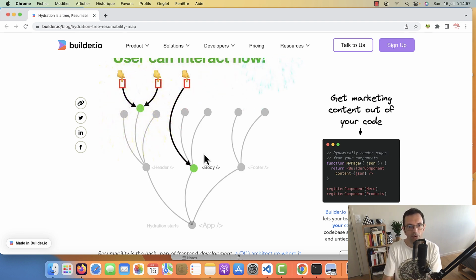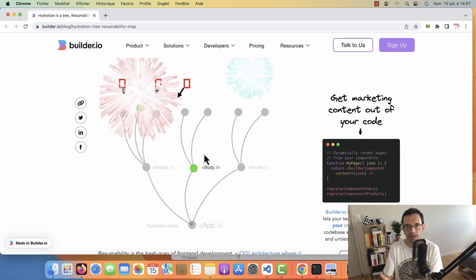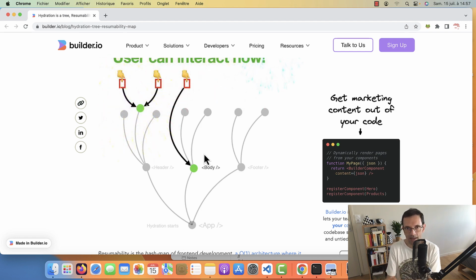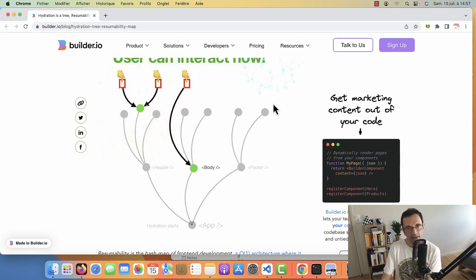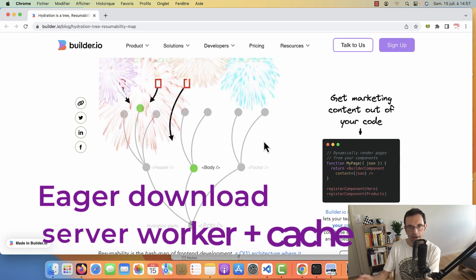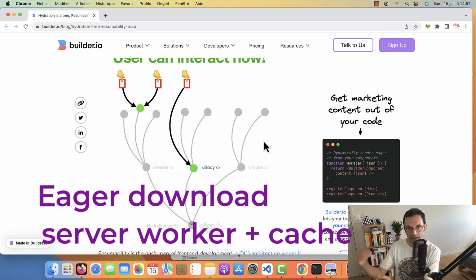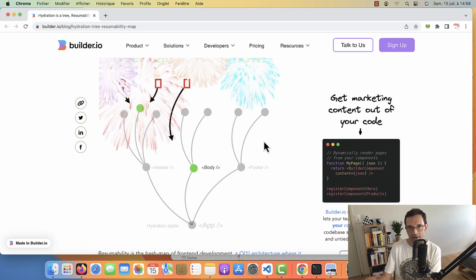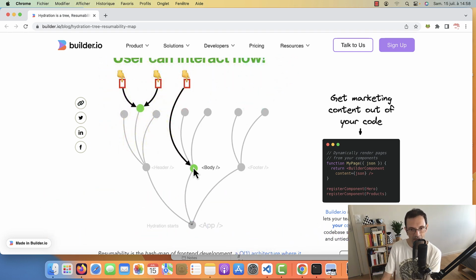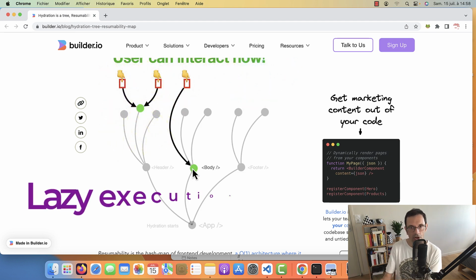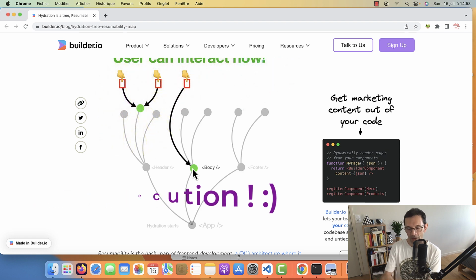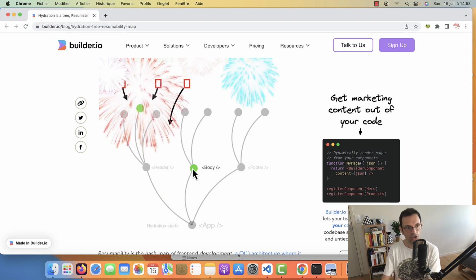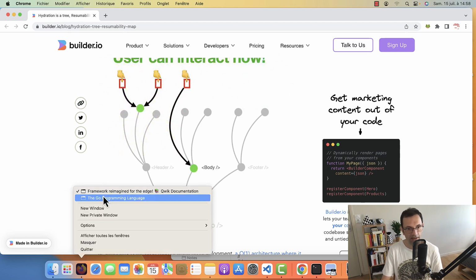If you had to download the JavaScript, then you could feel that something is wrong, that there is a small delay, and we can feel a 100 millisecond delay. But everything is downloaded with Qwik using the service worker, and it's cached, and then as soon as you decide to interact with a part of your app, what was cached will be executed. So with Qwik, we can talk about lazy execution. So you have eager loading, but lazy execution. But I don't want to bore you with these technical details.